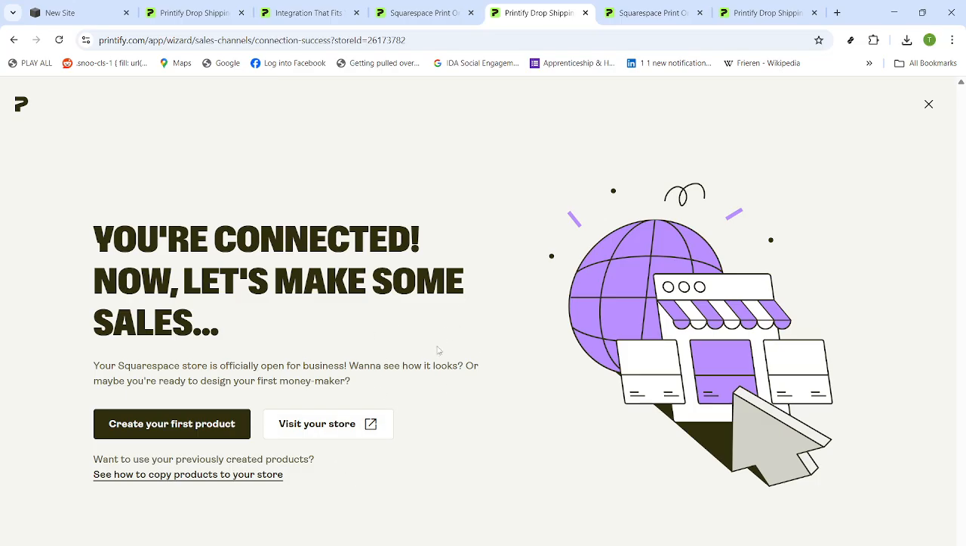Also confirm your shipping profiles in Printify align with what you offer on Squarespace, and keep product titles and options consistent for clean syncing. That's it. You've linked Printify to your Squarespace website, authorized the connection,